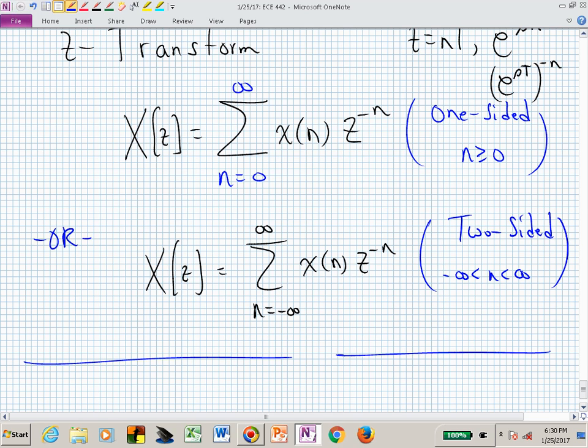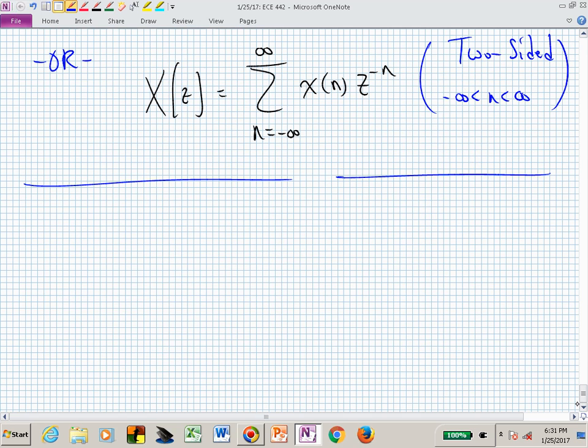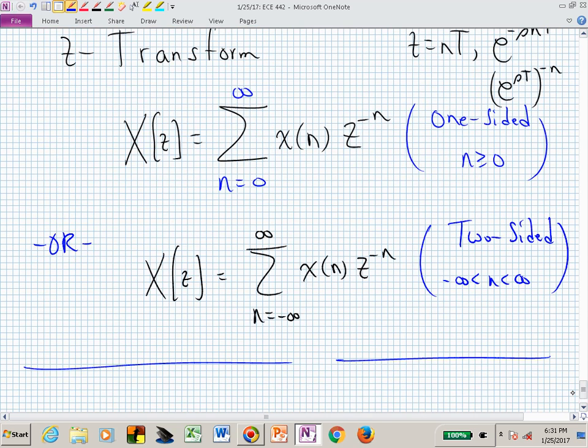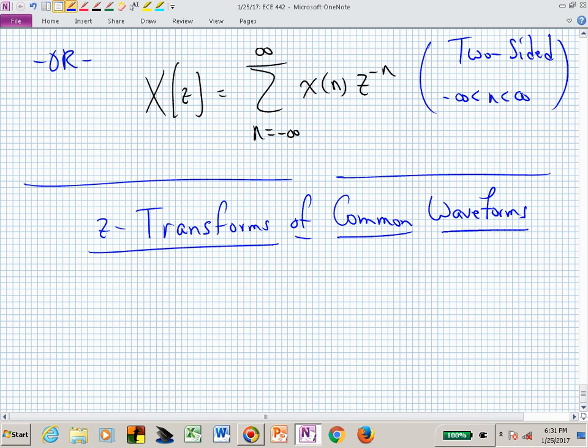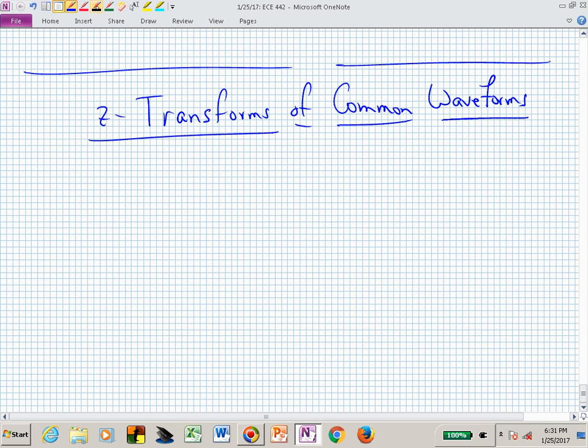Maybe that looks a little abstract. Let's apply this to some common waveforms that we can visualize or think about. Let's look at the Z-transform, applying this expression, this infinite sum, to some common little x of n's. About as common as we can get is